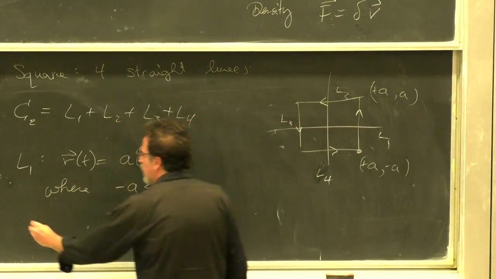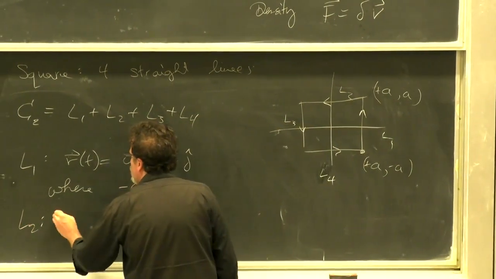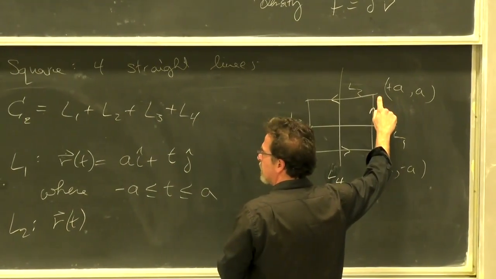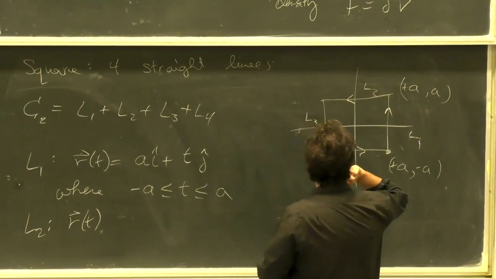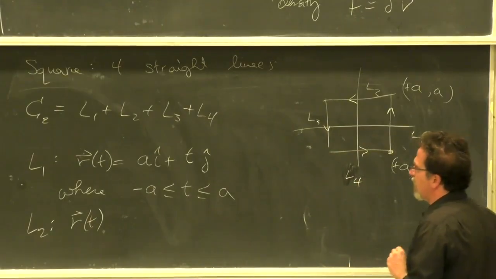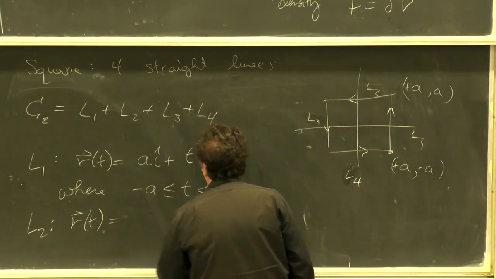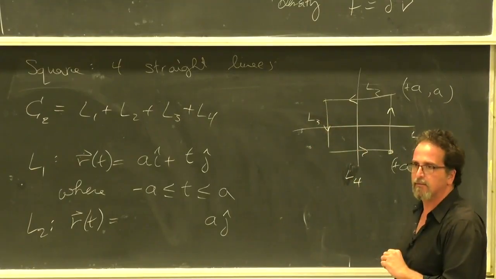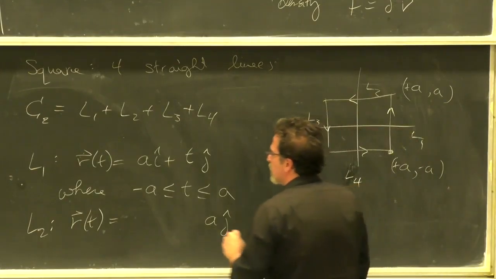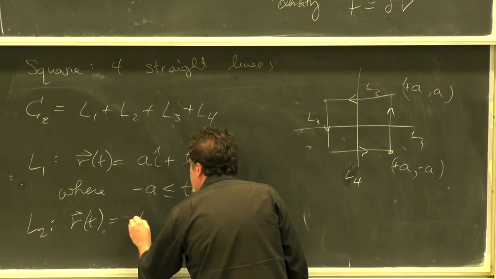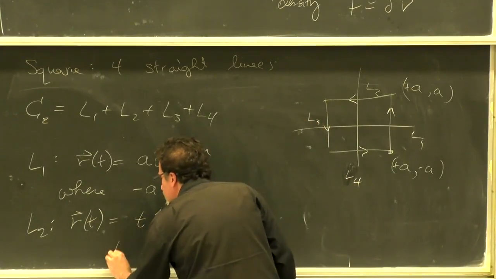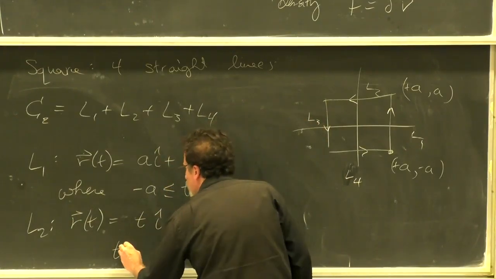And of course, I can go to line 2, which is r of t. You do the same thing over here. Okay? You got to be a little careful. Let's just be very careful here. r of t is equal to, well, it's going to have a j hat, and I'm going to have t i hat plus a j hat, where now t goes from,